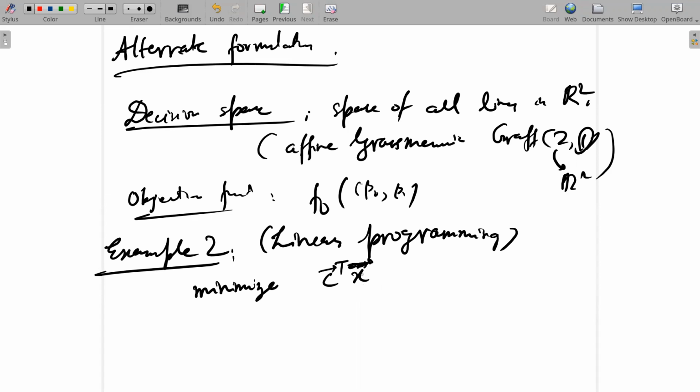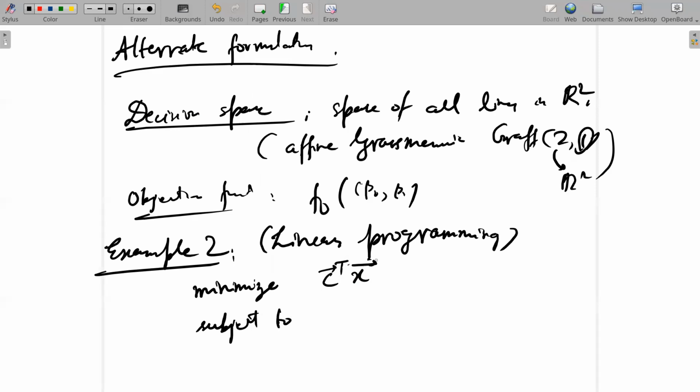Let me put a bar, because it's a vector, a column vector. In fact, c and x will be column vectors. Minimize this subject to